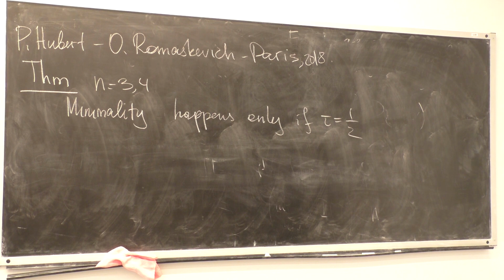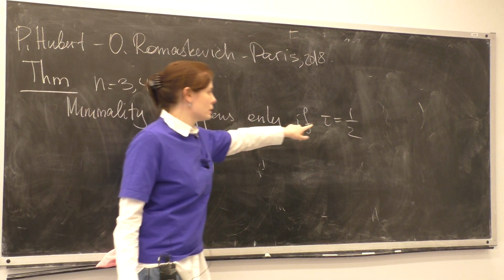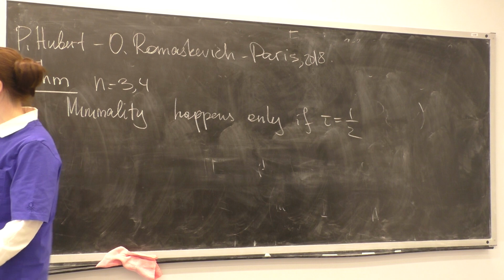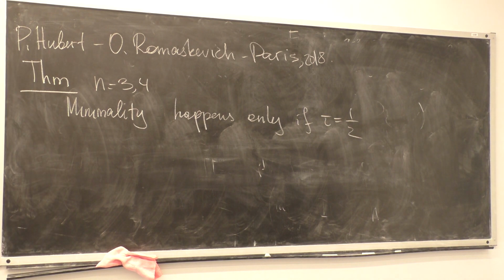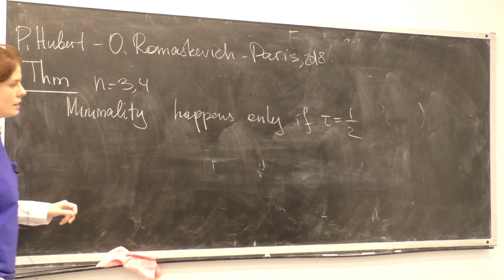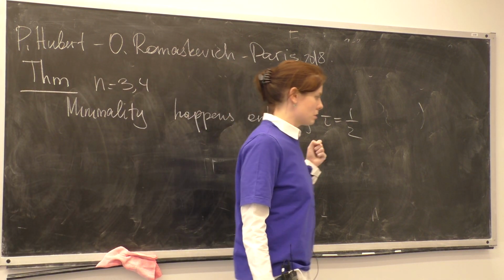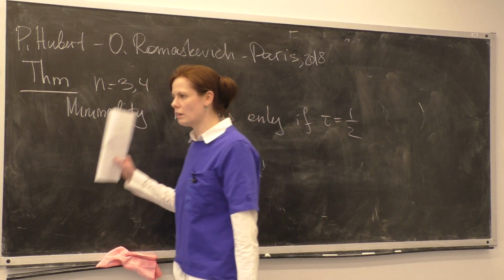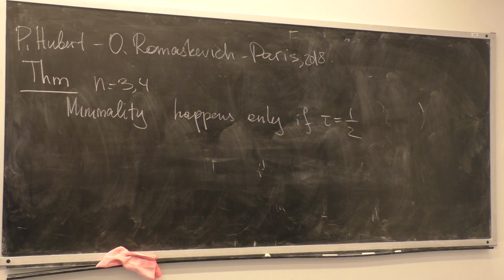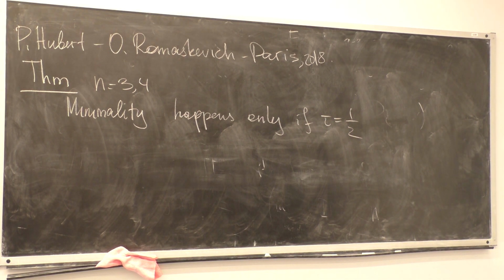However, in this paper, they noticed that actually the set of parameters, in the case of 3 intervals, if tau is equal to 1/2, so we will have just 3 intervals that are responsible for the length of the corresponding fully flipped interval exchange transformations. So the set of parameters for which indeed we have minimality is a very, very famous set, which is called the Rauzy gasket, that appeared already in Novikov's problem in these examples that I mentioned, in the only situation when we are able to prove accurately Novikov's conjecture.